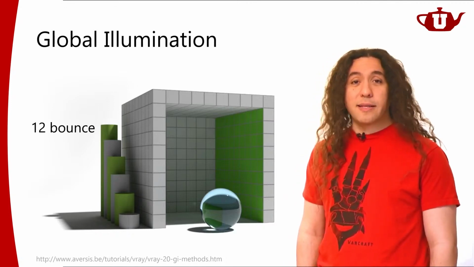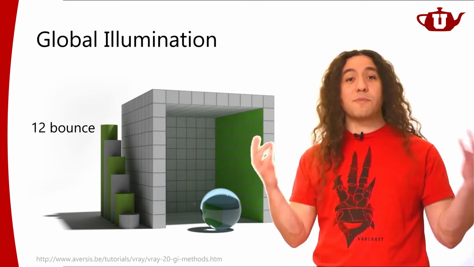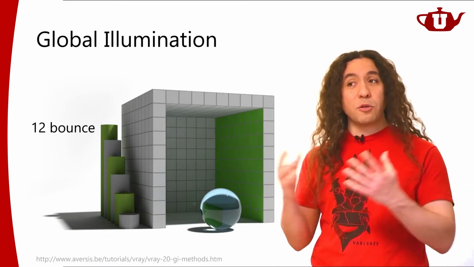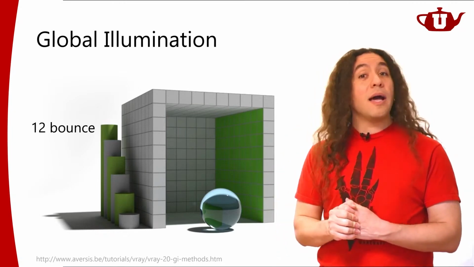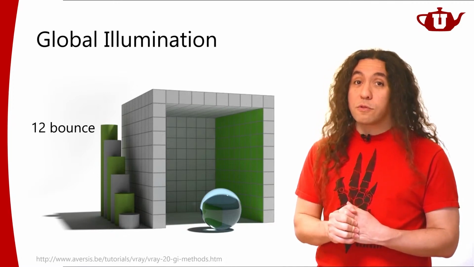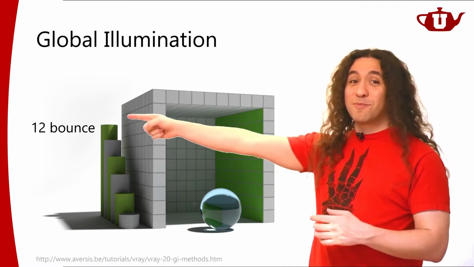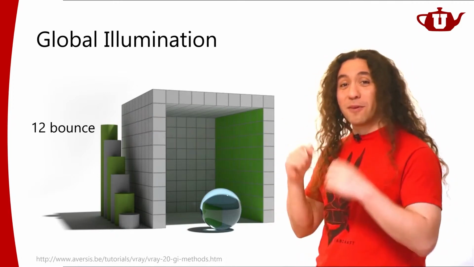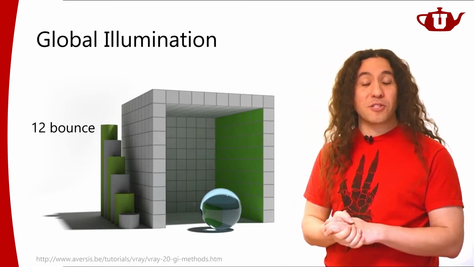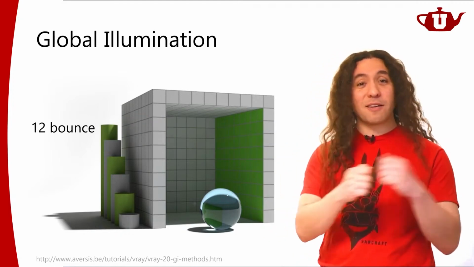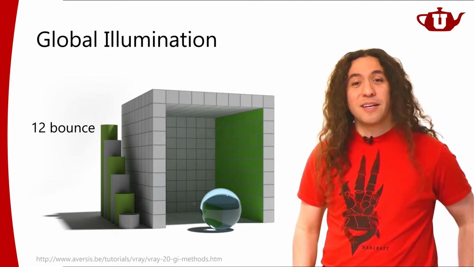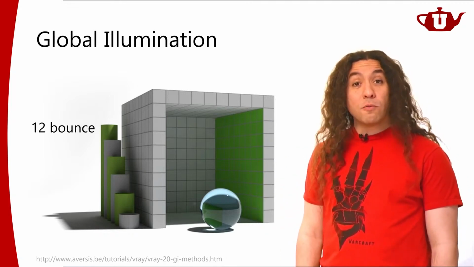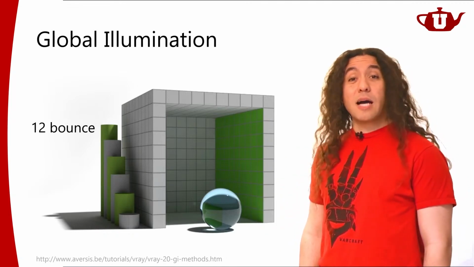And you understand that it involves looking at all directions, because all objects are contributing to the illumination of any point. And it also involves considering multiple bounces, right? It's not just about a single reflection off of a surface. It could be reflected light that is reflected again and reflected again. So this is the concept of global illumination.